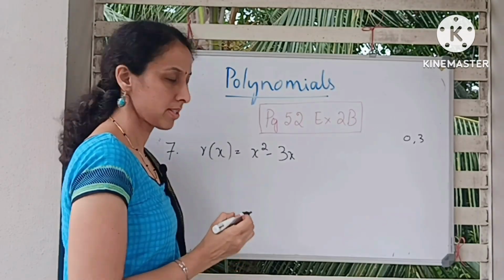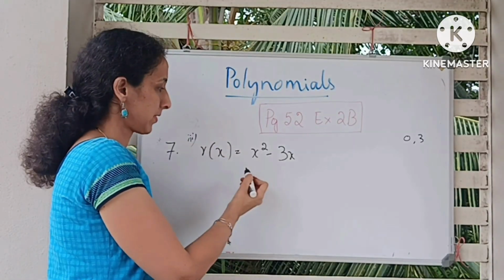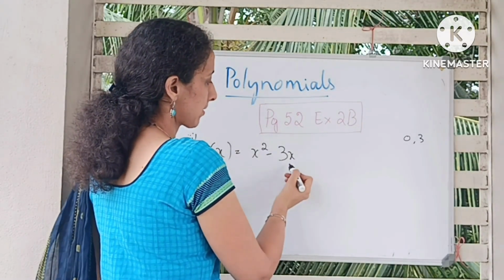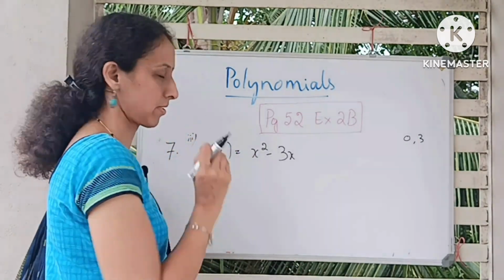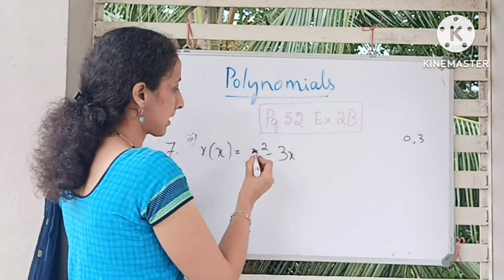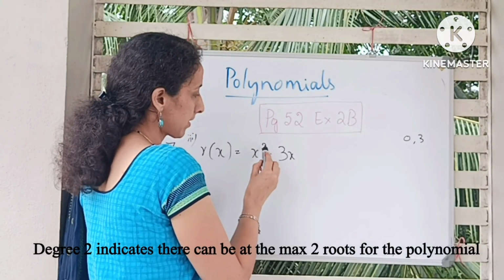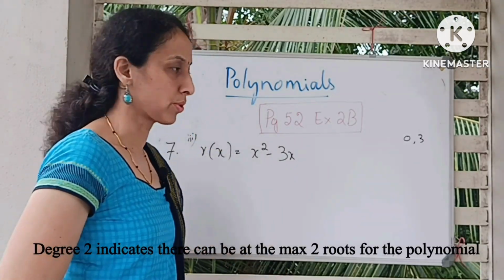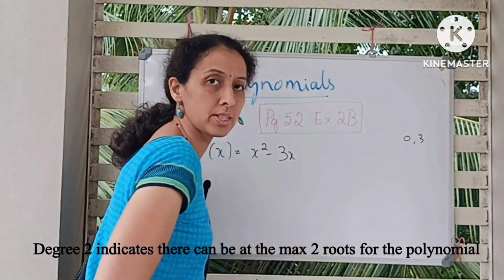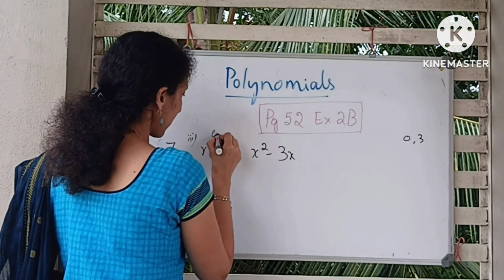I am taking the seventh main third problem. Verify r of x is equal to x square minus 3 of x has 0 and 3 as the zeros of the polynomial. We can see that this is a quadratic polynomial where we have the degree of the polynomial as 2. That means we have 2 roots. We need to verify if 0 and 3 are those roots. Let's substitute. This is given